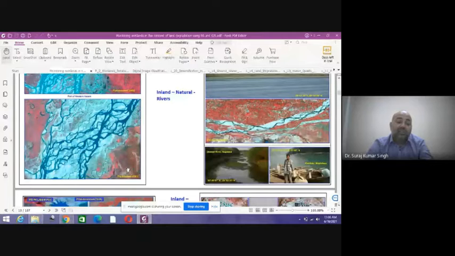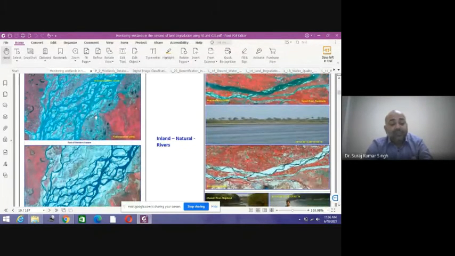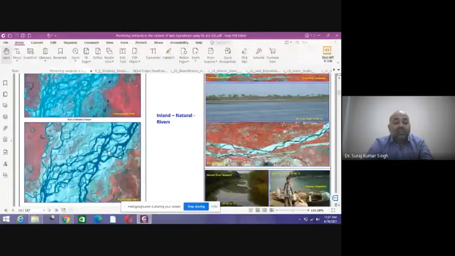You can see that the volume of water was very high during the monsoon period, and as the monsoon period receded, the water is very low. Not only that, we can also comment on river migration, whether the river is flowing in the same direction or whether it has migrated its channel. Apart from that, because satellite images provide a holistic overview, you can see what changes have happened over the decade, over the area.